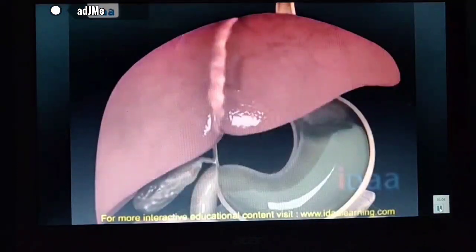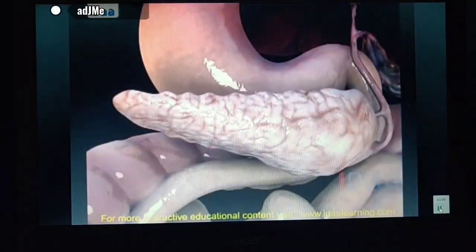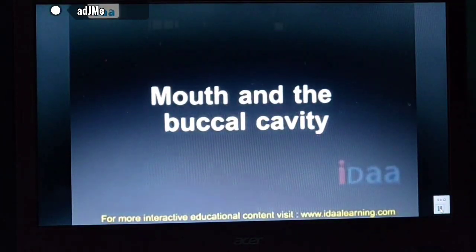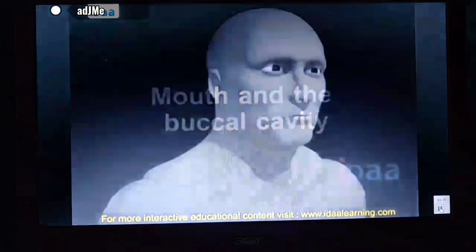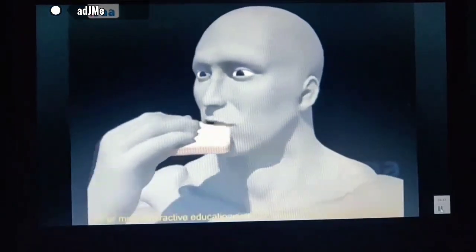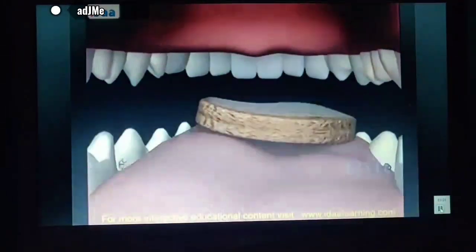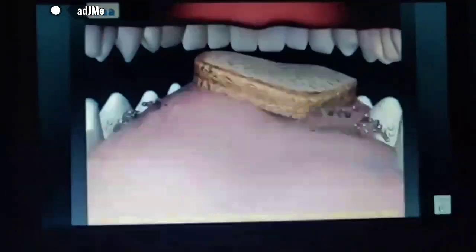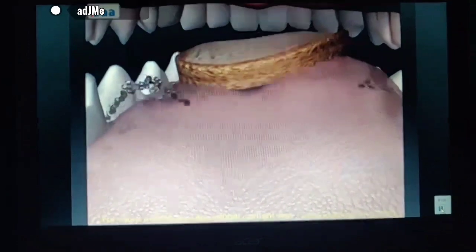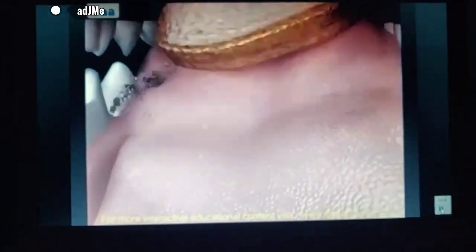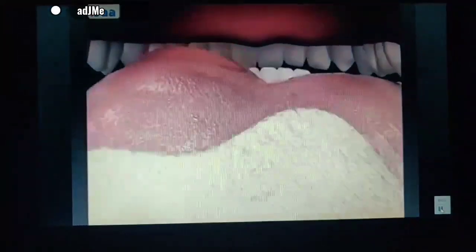As we have discussed last class, the digestive system comprises of accessory glands, which include the salivary gland, liver and pancreas, and the digestive tract, which is otherwise called the alimentary canal or